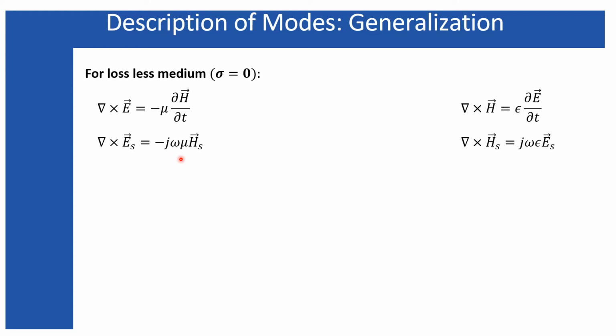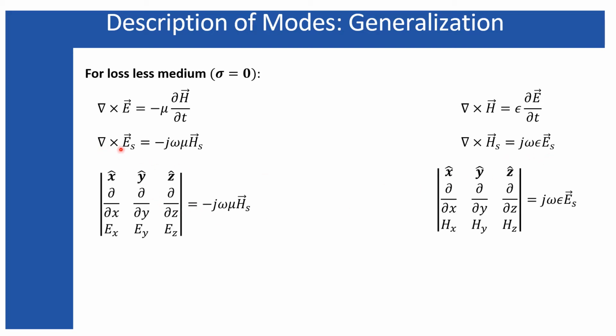For that reason we have to analyze these two equations separately to find out each and every electric field and magnetic field component in each and every direction. In this case, we can write from these curl equations that the curl of the electric field can be represented in the Cartesian coordinate system in this way, and the curl of the magnetic field can also be represented in the way I have presented over here.